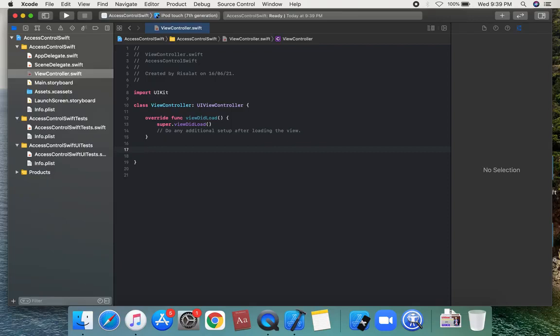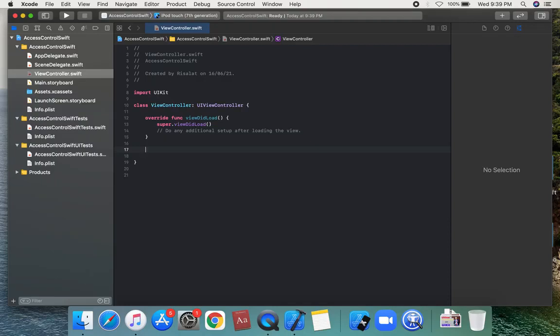So single declaration, and private will be used only inside a single file.